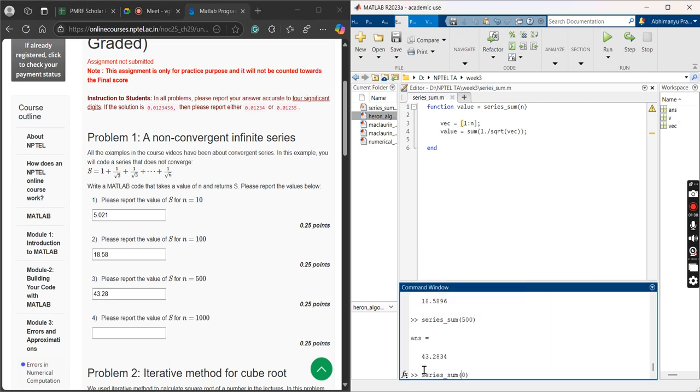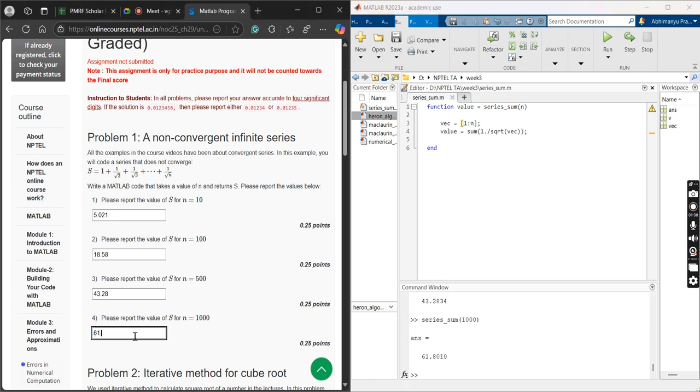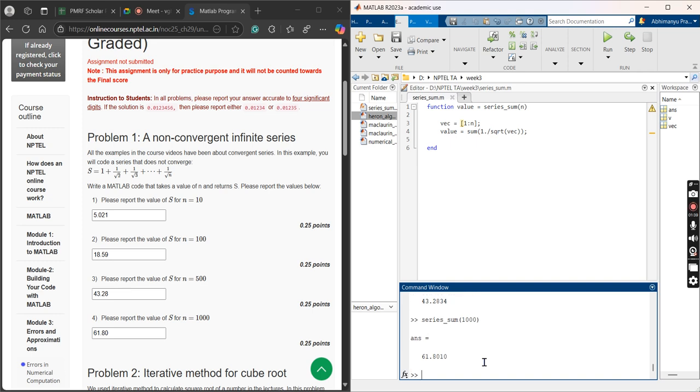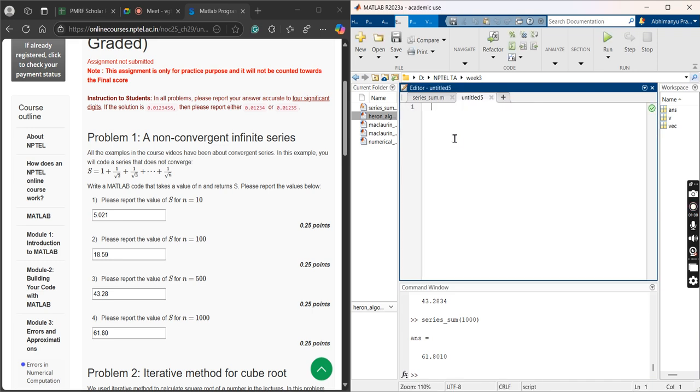And for 1000, 5.896, so I think I can just write it 5.59. Now if I try to plot it, so if I run this for 10,000 number of times,